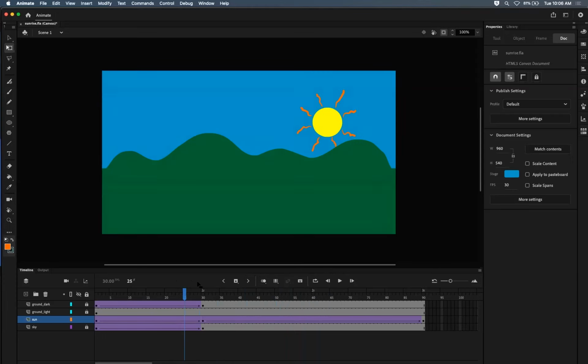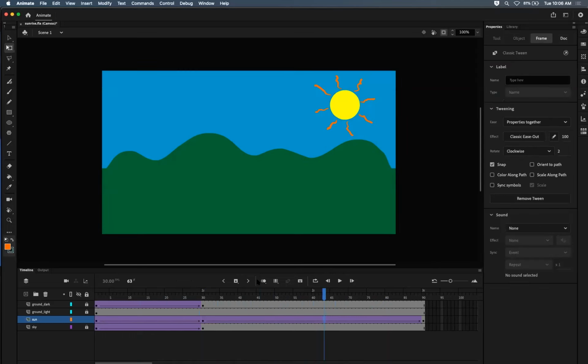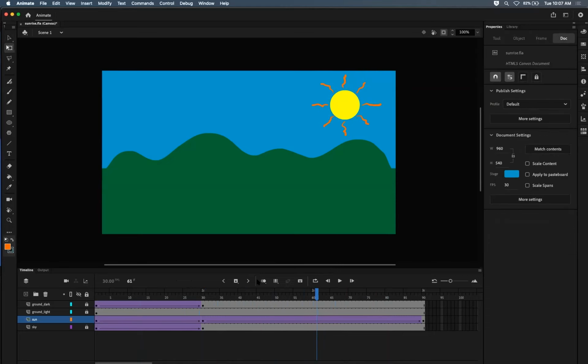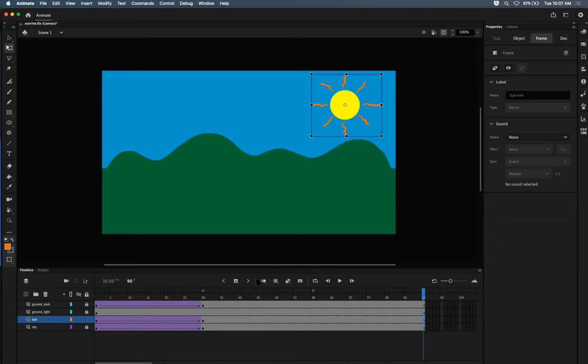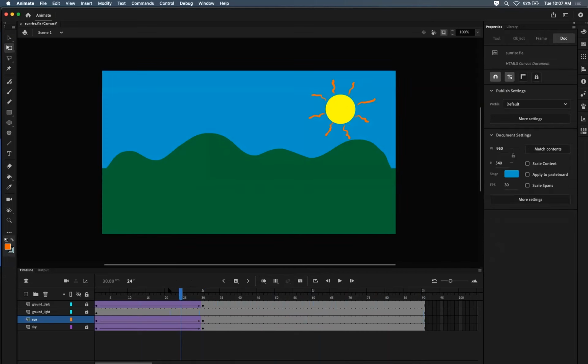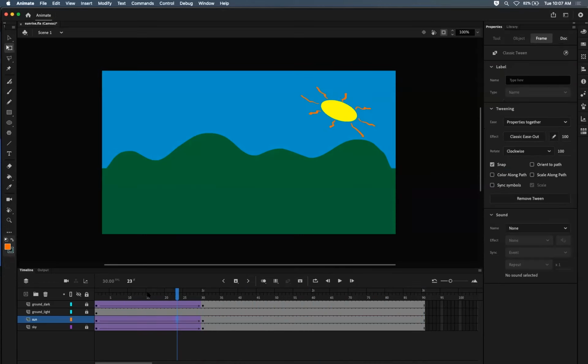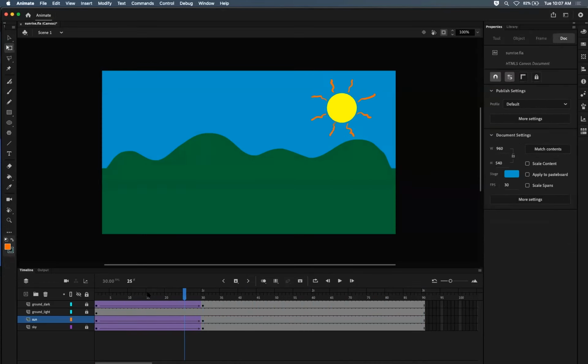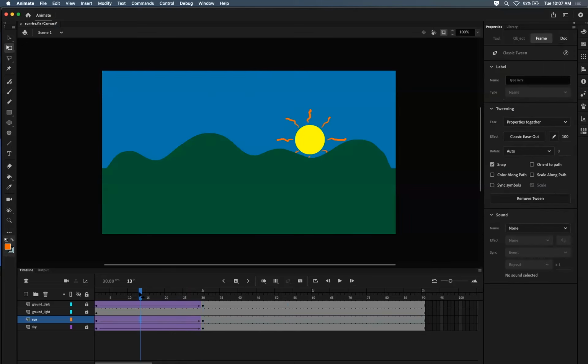So for right now, what we want to do is get rid of all of the rotating that we've done so far. So I'm actually going to use undo, and I'm going to keep going back until before I created these keyframes and these tweens for the second. And then I'm going to keep going back until I have no rotation whatsoever. That might be it. Nope. I got to go back before I was setting it to 100 and all that good stuff. Keep hitting undo. There we go. All right, so I'm back to having no rotation